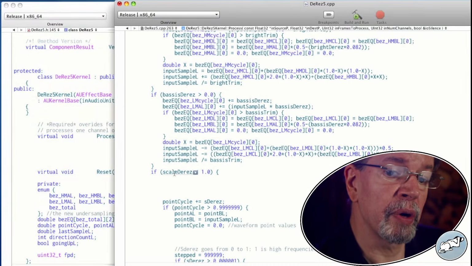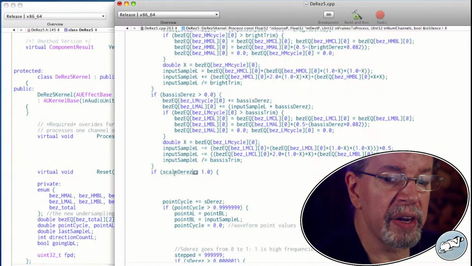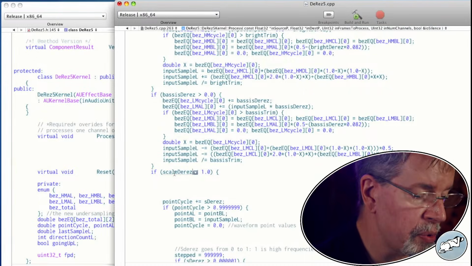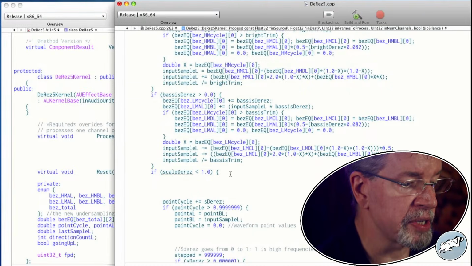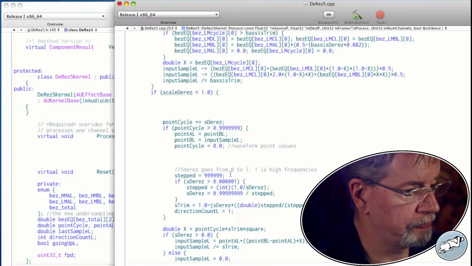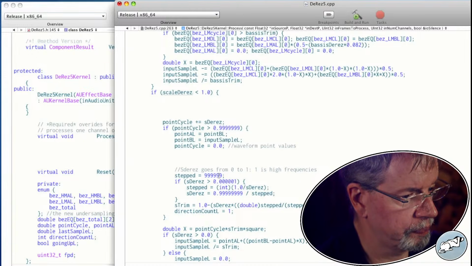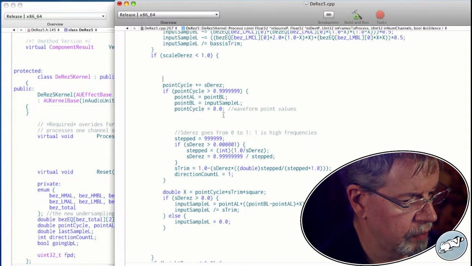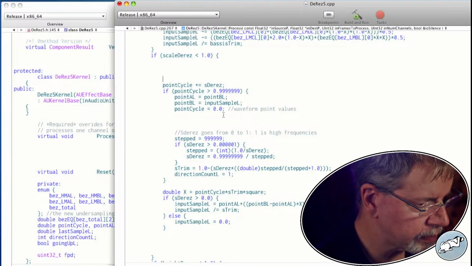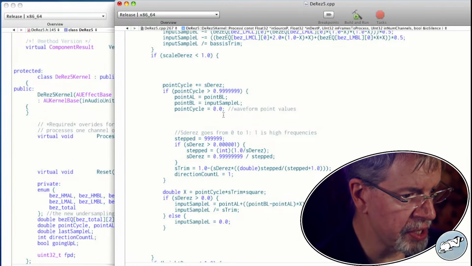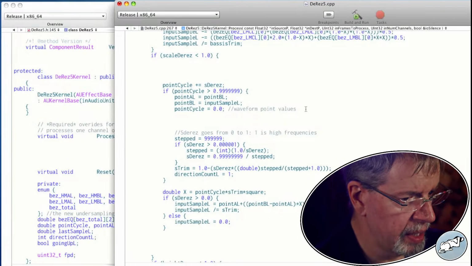Maybe it is that we want to have set up so that if it is all the way to the right, then we have full audio and we're not deresing a damn thing. Point cycle gets reset. Yes, yes. There it is.